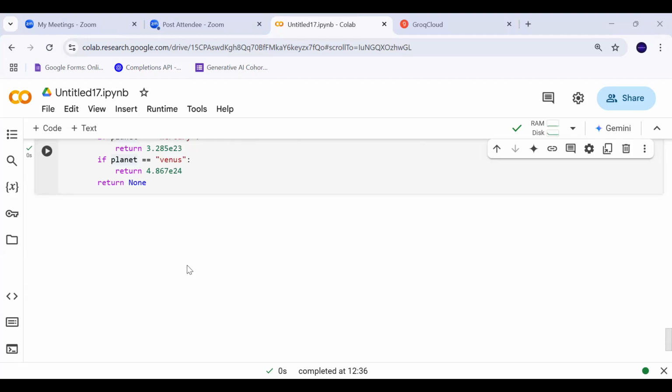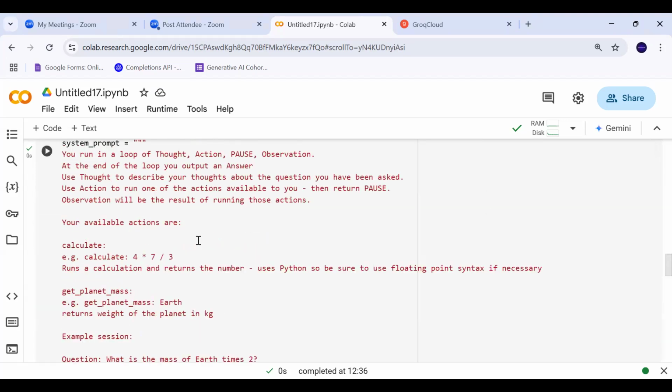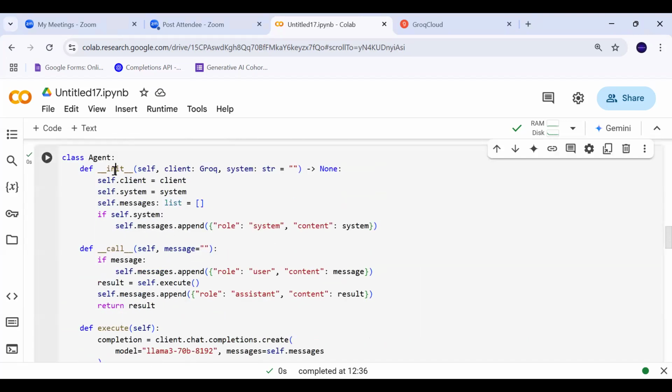Now everything is ready. Let's call my agent planet_expert. So I have instantiated my agent class. When I instantiate it, what do I need to pass to the init method?